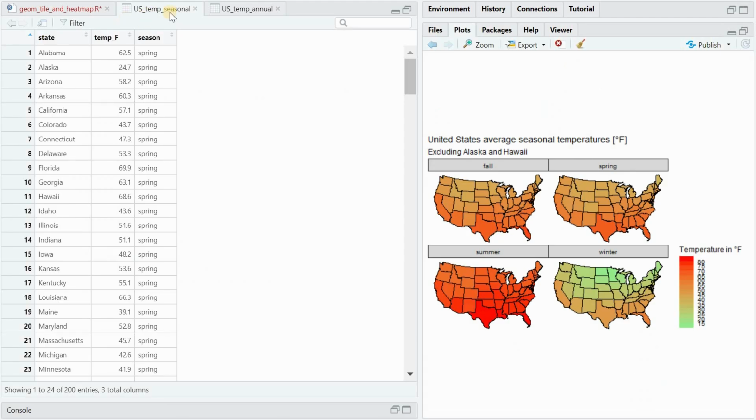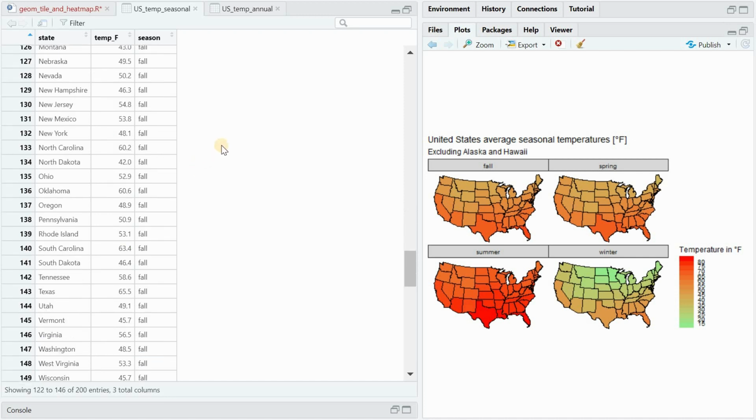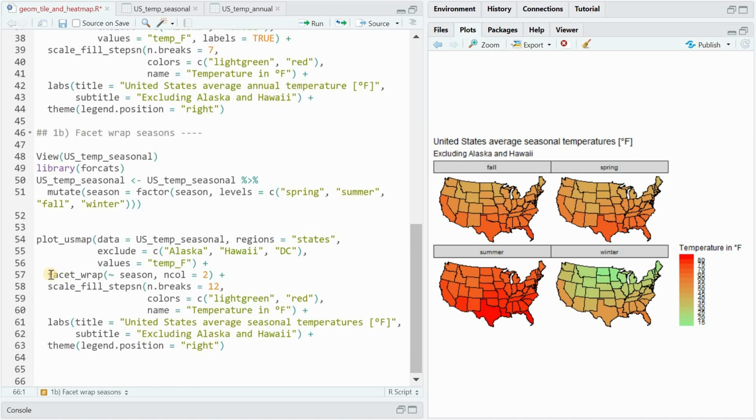I also have a data set called USTempSeasonal that includes every state 4 times with the average temperature for different seasons: fall, spring, summer, and winter. With the forcats package, you can make sure that these seasons are not plotted alphabetically, but actually with the order in mind, going from spring to winter, for example. And then the only thing you have to do additionally is to use the facet_wrap function till the season to split the same chart for the 4 different conditions.